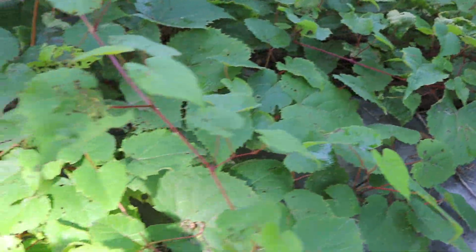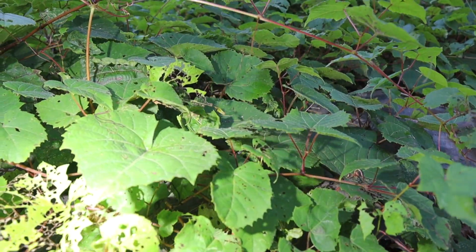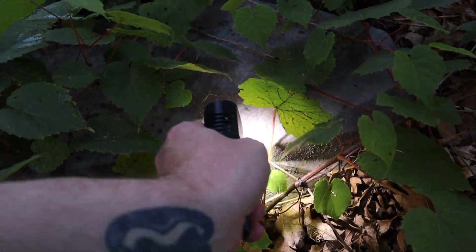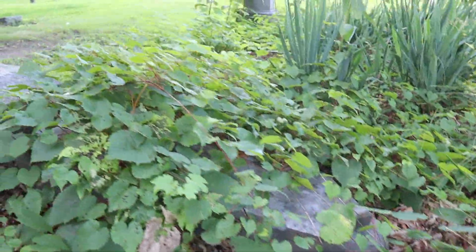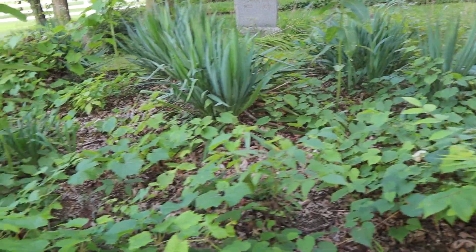That actually might be poison ivy. There's 3 leaves on each segment. It looks like, well, I don't know, I can't really tell. I might have to come back here towards the winter time. It doesn't really look like poison ivy. I probably can move it just fine. Wonder if I can move it with my monopod real quick. Looks like 1864. Huh. I might have to come back and try later on that. I don't want to rip at it too much. It's not going to damage the stone at all, but